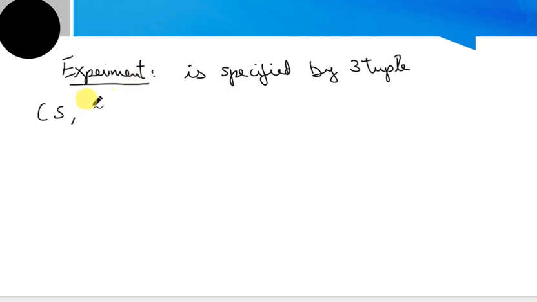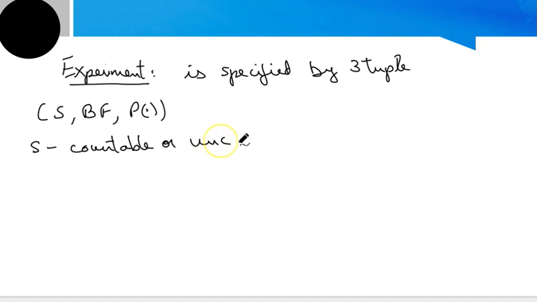An experiment is specified by a three tuple. So when you specify this by a three tuple, what are the components? It is nothing but a sample space S and then your Borel field BF, and your P. So here, to be more precise, S is a countable or an uncountable set